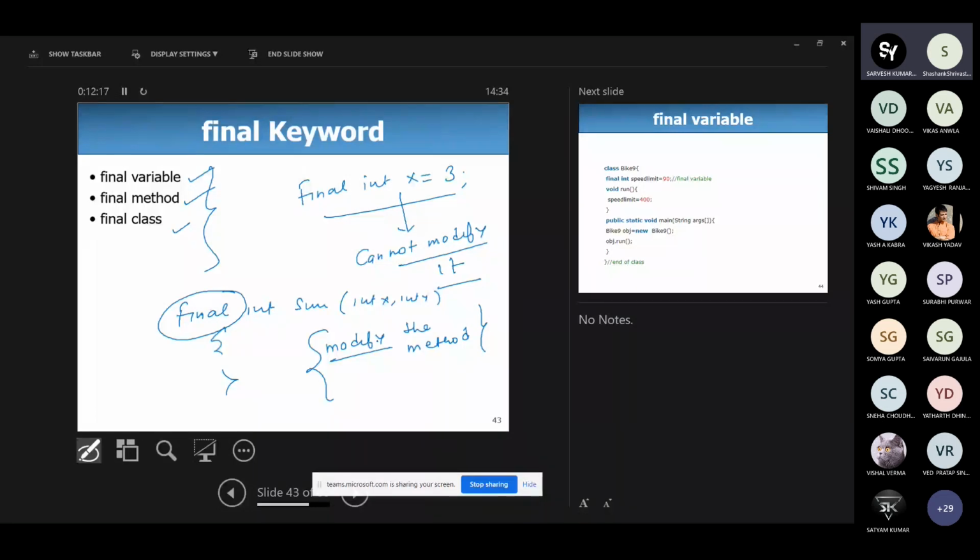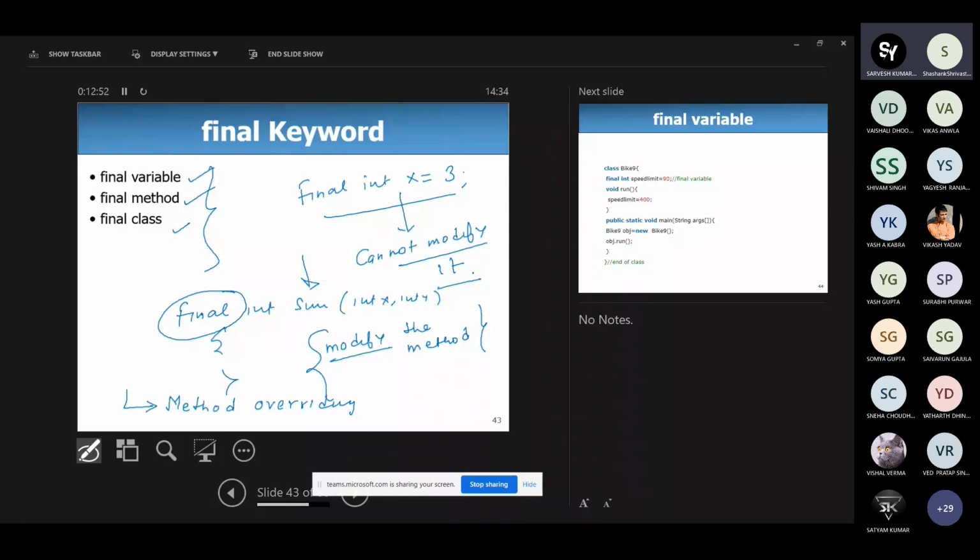In the case of inheritance, actually in the case of method overriding, the child class or subclass modifies the already existing method. So if you declare any method as final, it means now you cannot override it. You cannot modify it.